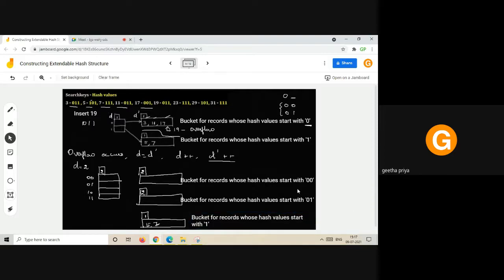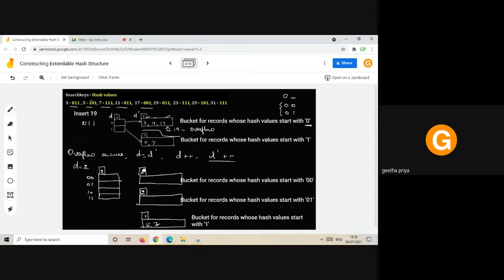Now we have designated the buckets, right? Now we have to put the hash values. We have not disturbed the bucket which contains 5 and 7, but the contents of the overflow bucket have to be distributed among that and the newly created buckets. You have to check 2 bits now, because the local depth has increased.